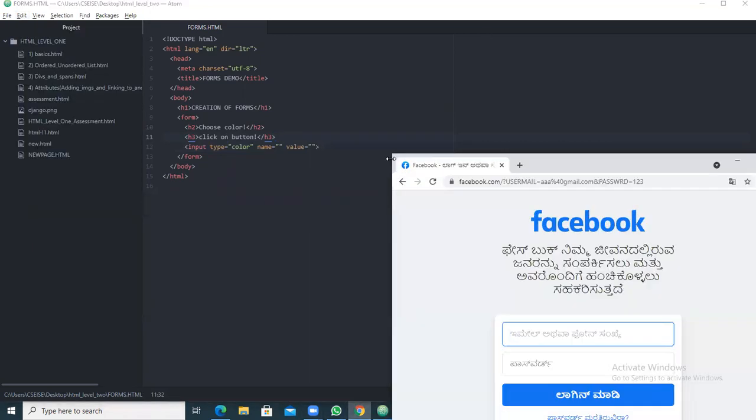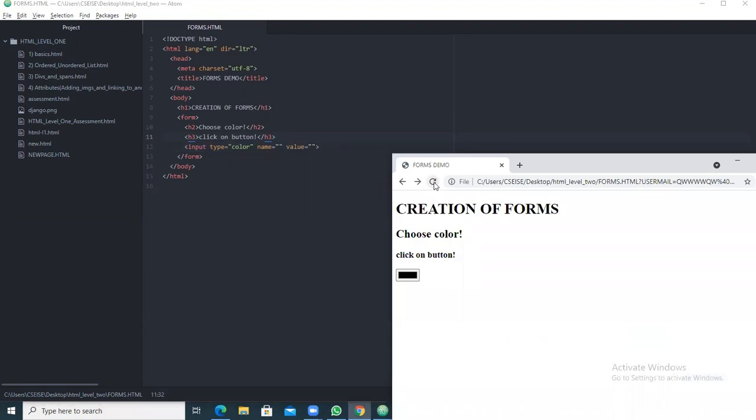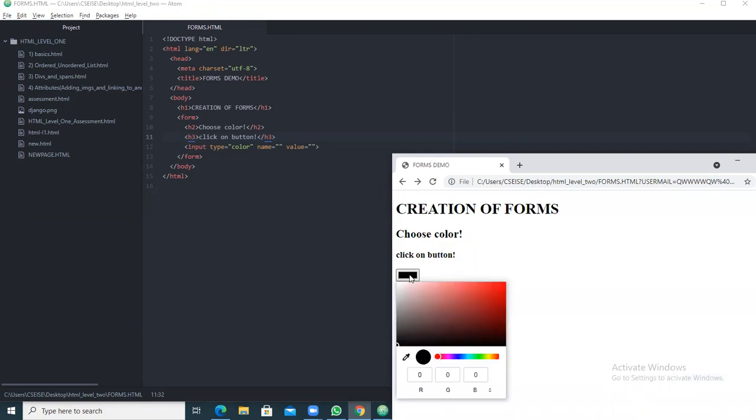Save and go to this page. Refresh. It is showing creation of forms, choose color, click on the button. When you click on the button, it will show you so many parameters. Here you can choose any color. This is the choosing of color parameter.